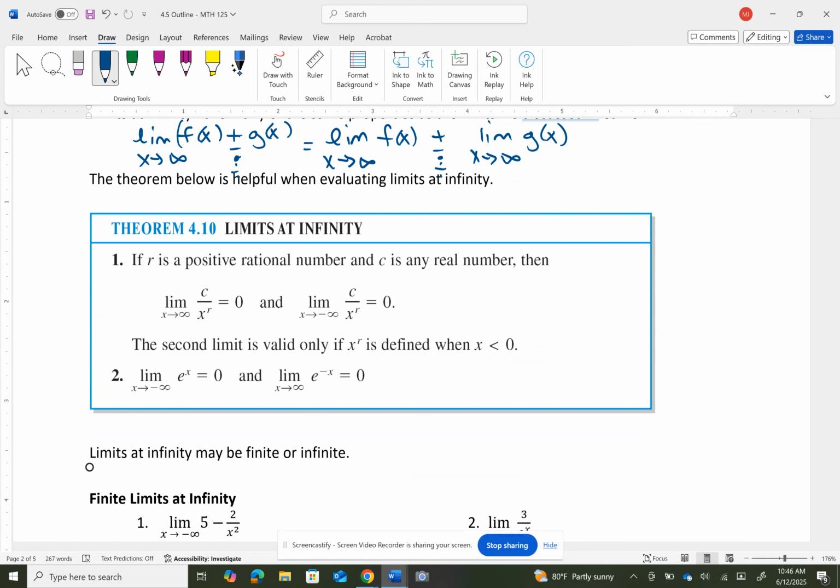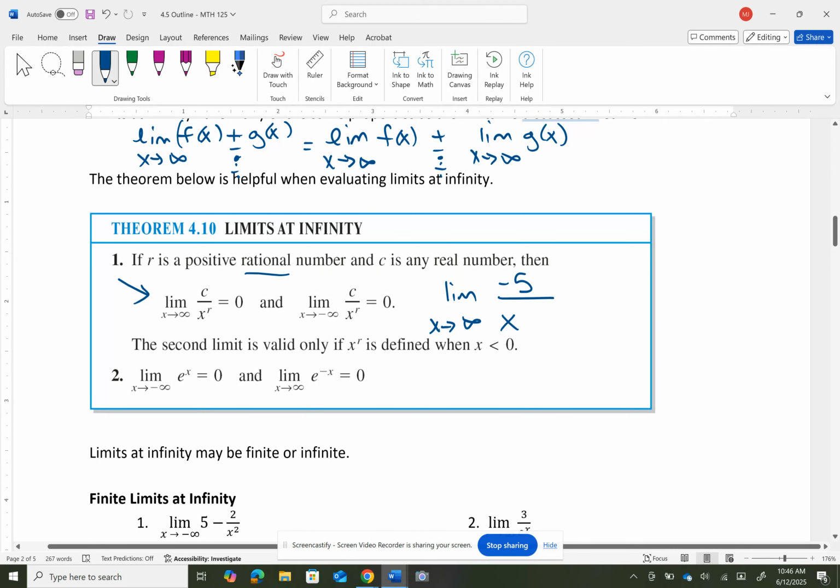So this one right here is really trying to say, if you're doing a limit and c is some kind of number, any real number, so let's say that c turns out to be 5, or let's make it negative, like a -5, and you're dividing that by x to some power that's positive. It might be any rational number, so it could be something like a 1/2, could be something like a 3. If you're doing something like that, then that's going to wind up having a limit equal to 0, because